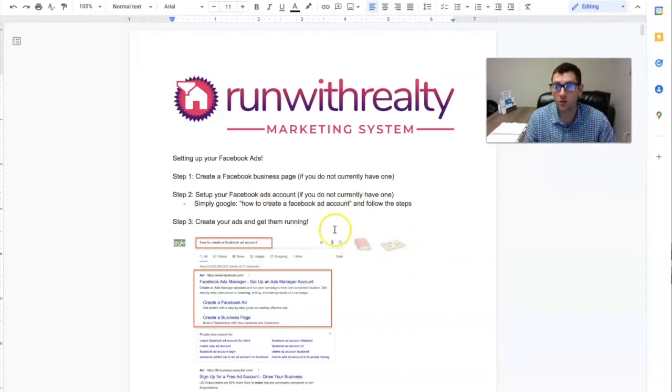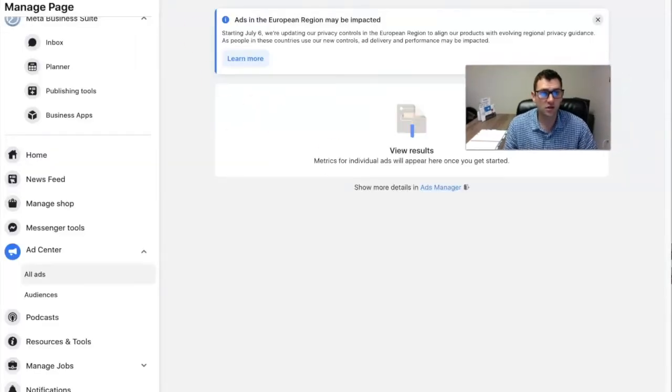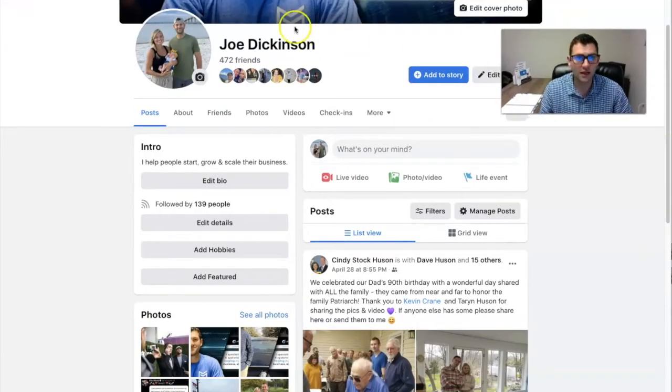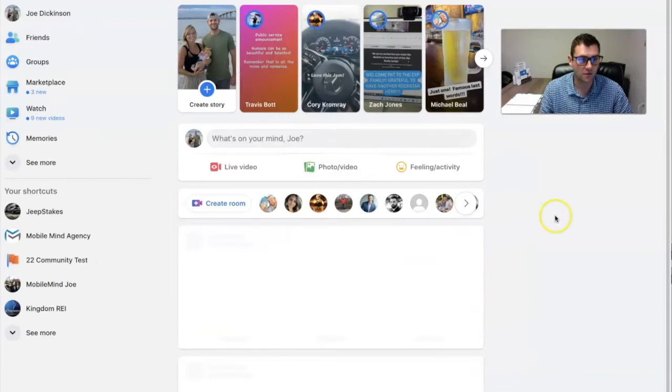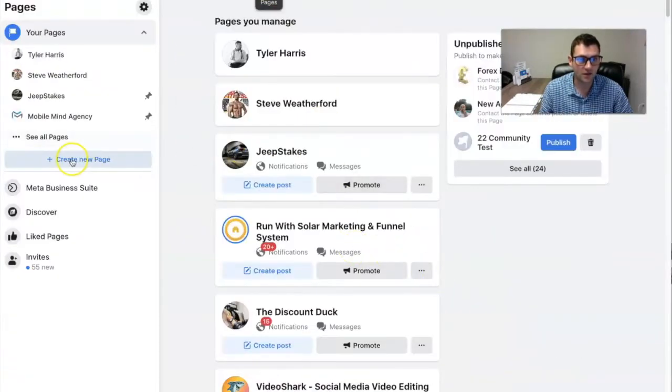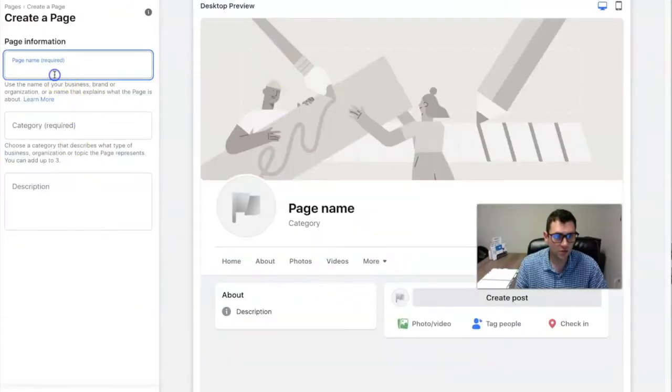So the first thing you want to do is get a Facebook page set up. So what you're going to do is come over into Facebook. Let me go ahead and click here. So go to your main profile. I always recommend doing that. Click on this little home button right here. And then right here where it says pages, just click on this and then click on create new page. And you would type in